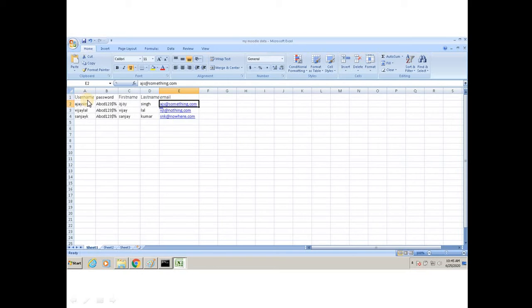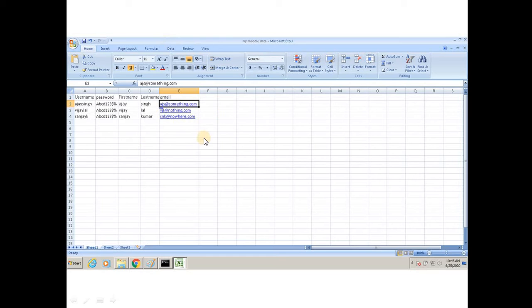Don't keep any space in between. It should be a single name. I have not put any space, and put as it is. Okay, then you can have any name, whatever, any username. For the password, what I did is the first letter is capital, the rest are small, then you have numerals and special characters. So I have combined all the things. Okay, then first name, the name of the person, last name, the email ID.